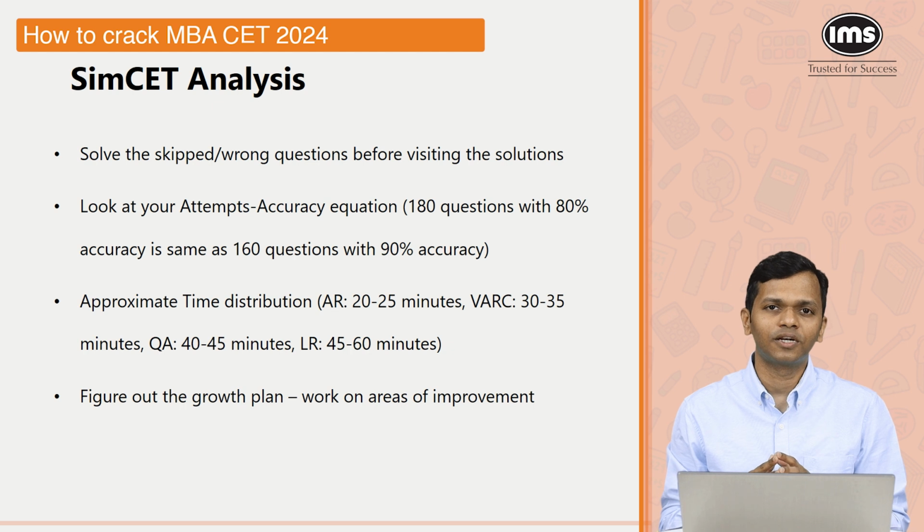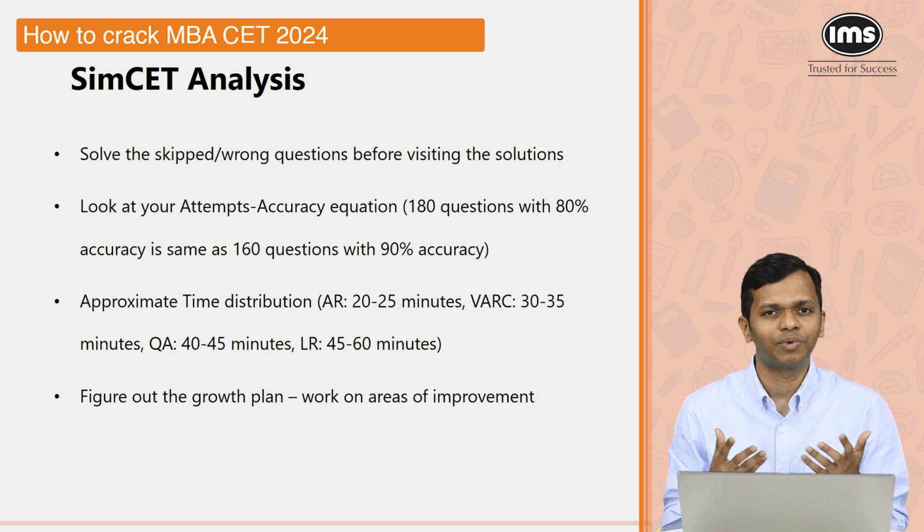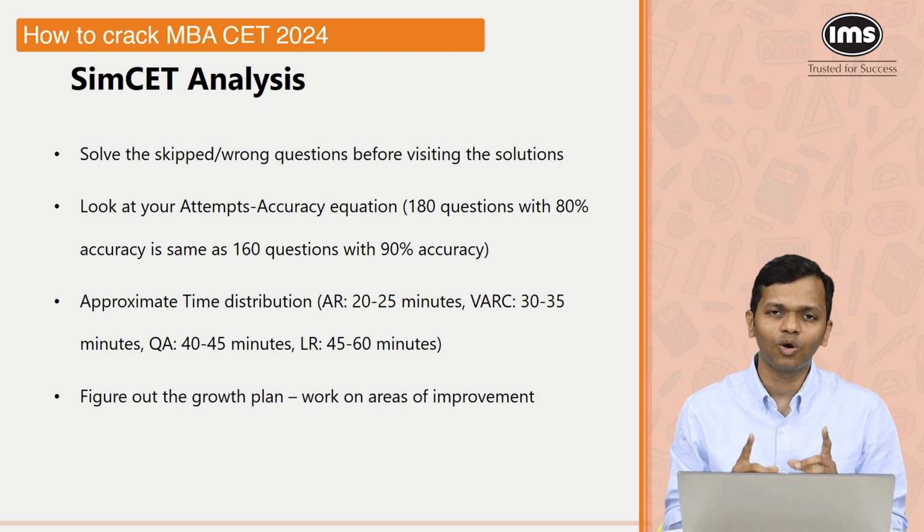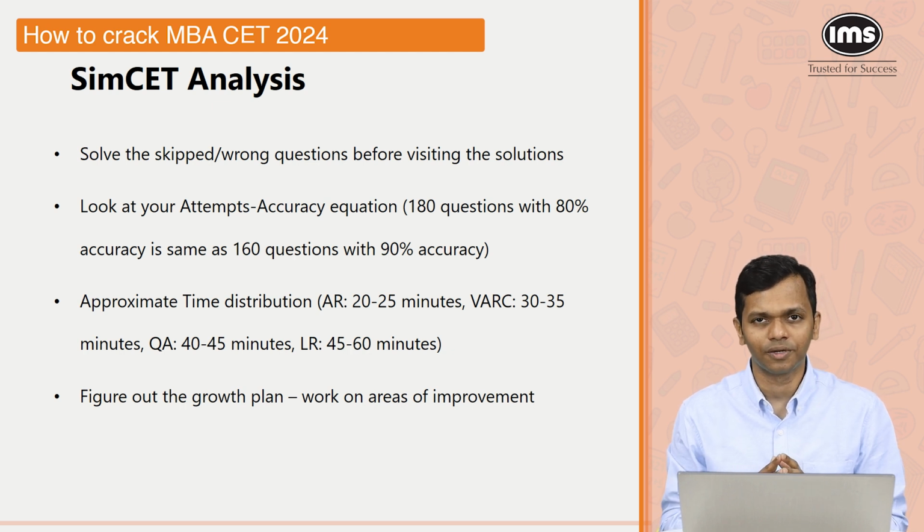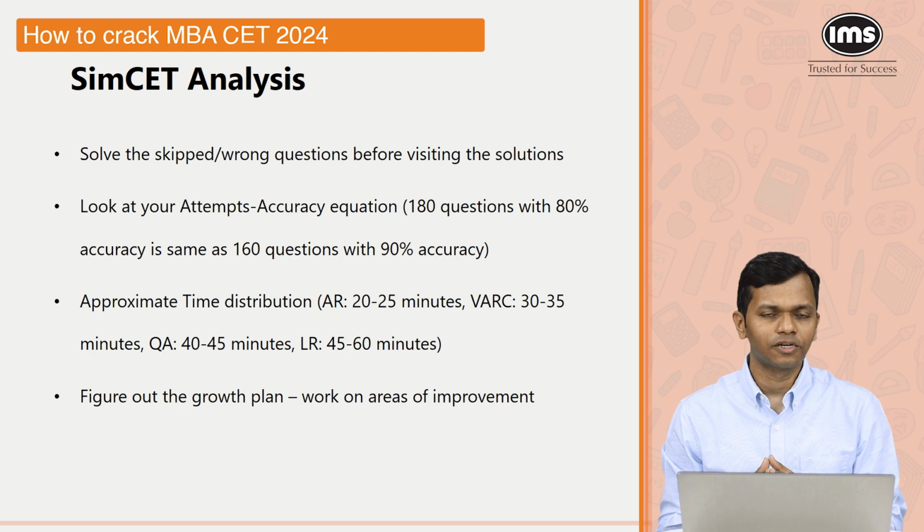What we have observed is that you cannot be on both extremes. So you cannot be somebody who is very fast, but your accuracy is very low, or somebody who is not that fast but accuracy is very high, because it will not translate into the score that you desire. Now, the third important thing to consider is going to be how much time you're spending roughly